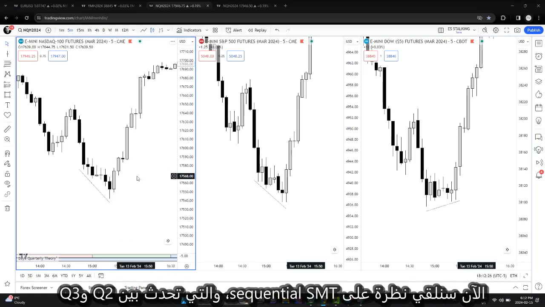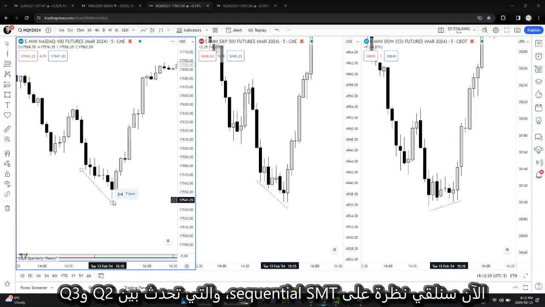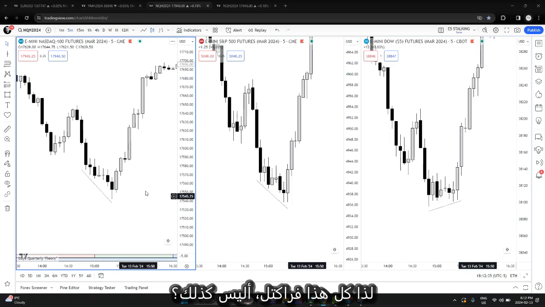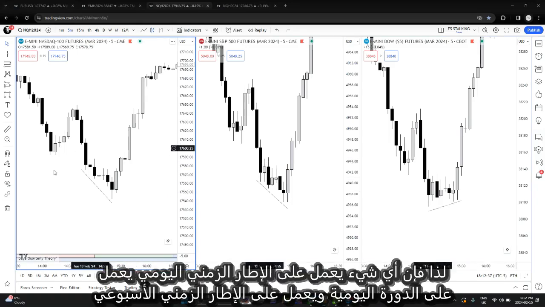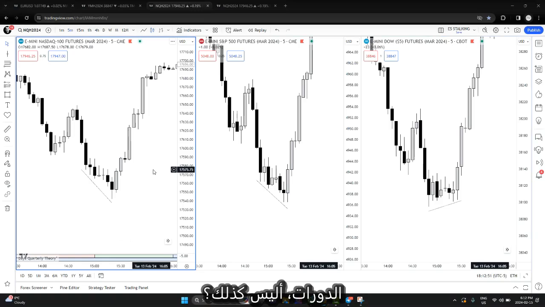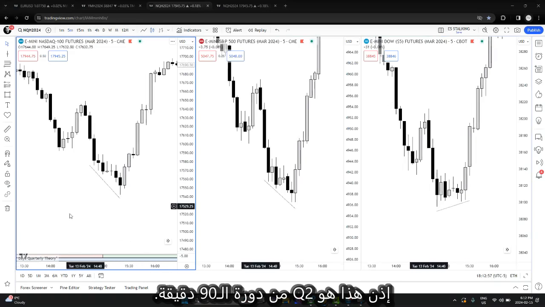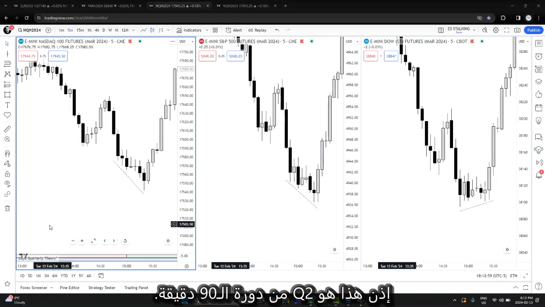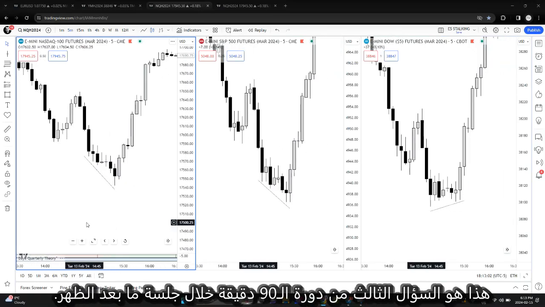Now we will take a look at sequential SMT, which happens between Q2 and Q3. Right, so all of this is fractal, right? So anything that works on the daily time frame works on the daily cycle, works on the weekly cycle, and if it works there, it works on the monthly cycle, and so on. 90-minute cycles, the macrocycles, right? So this is Q2 of the 90-minute cycle. This is Q3 of the 90-minute cycle